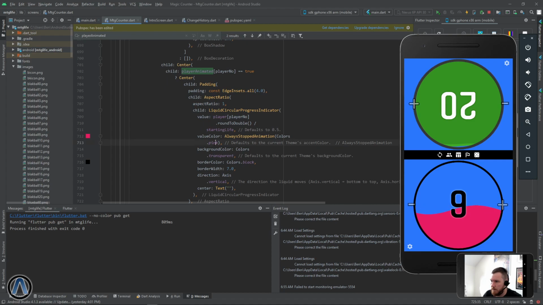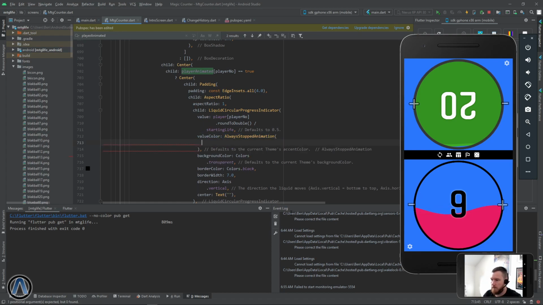Okay, so rather than colors.pink, first we need to check the player's color, don't we? So player colors, oh, it's actually the image is the internal color. Player number equals,